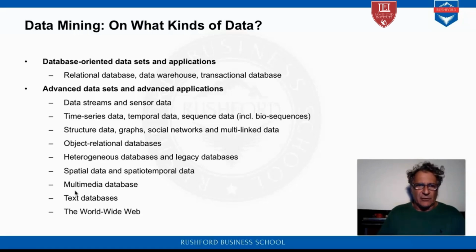Relational database, data warehouse, transactional database. And then we have advanced data sets and advanced applications. So data stream and sensor data, time series data, temporal data and sequence data, such as, for example, biosequencing in biology science, structured data, graph, social network, multi-linked data, object-related data, heterogeneous databases and legacy database, spatial data, and so on. So this is any sort of data that we can treat, and generally falls into what is called